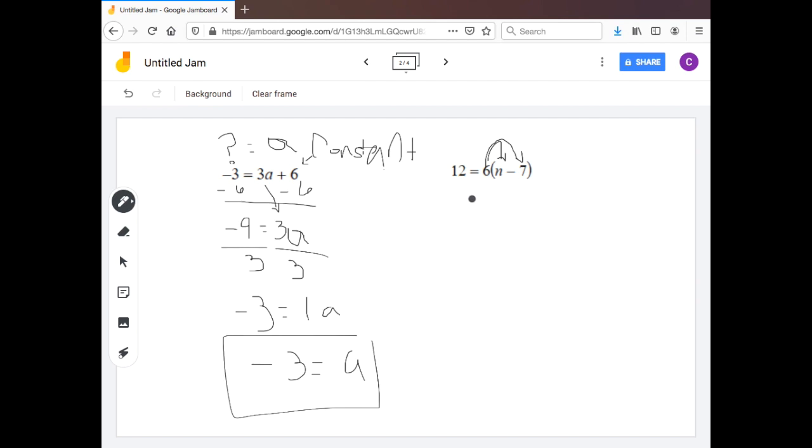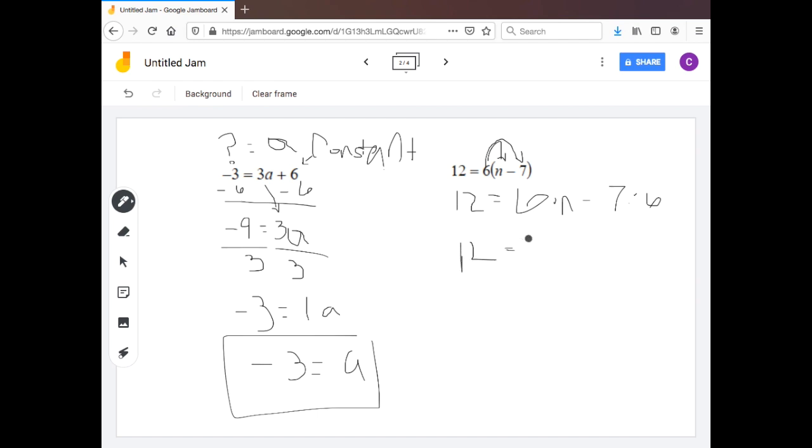Maybe that wasn't the best example, but you're going to distribute 6 to both the variable and the number on the inside. So you just bring the 12 down because nothing happened to the 12. But basically, this is going to be 6 times n minus 7 times 6. Because remember, you're distributing this 6 to both numbers. And that's going to give you 12